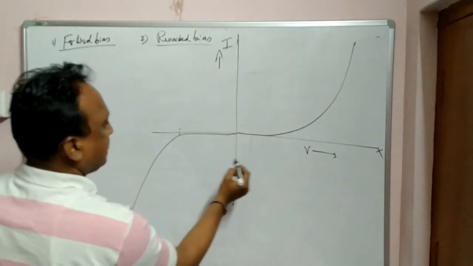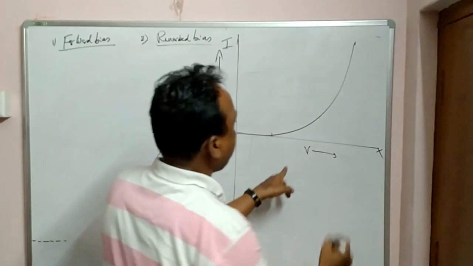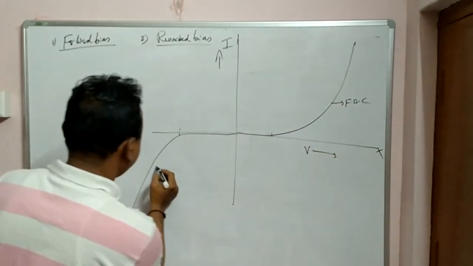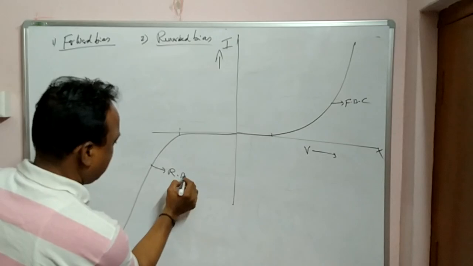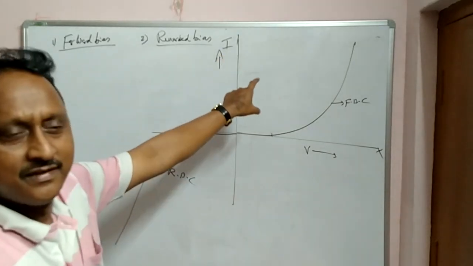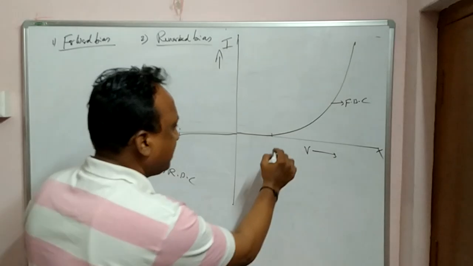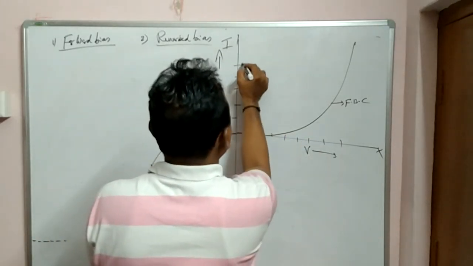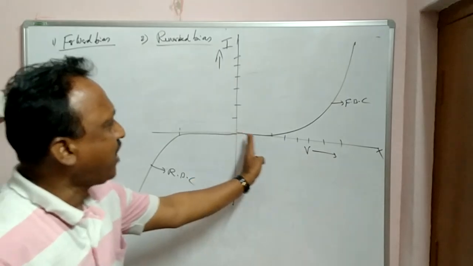Okay, this is the graph. This is forward bias condition and this is reverse bias. This is the graph for voltage versus current. Voltage values on the x-axis, and current values on the y-axis. Okay, this is forward bias. You can see gradually